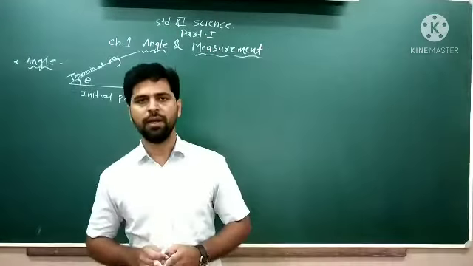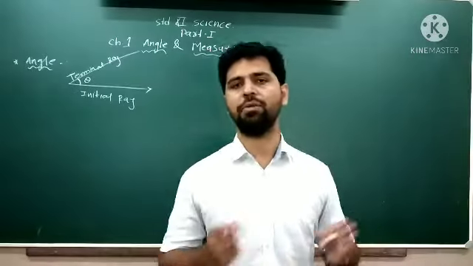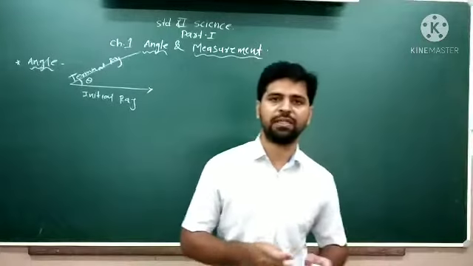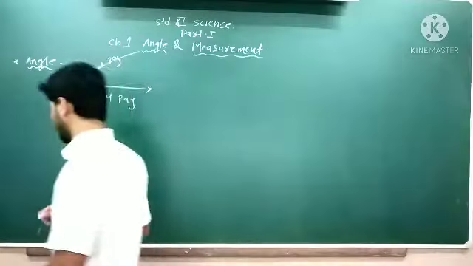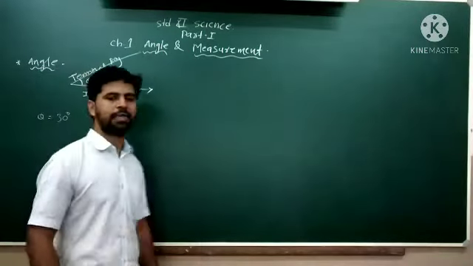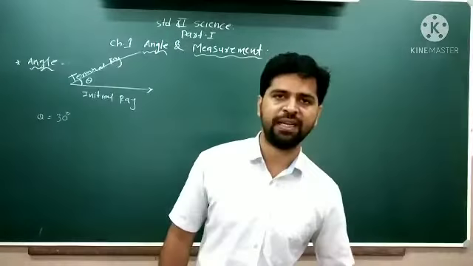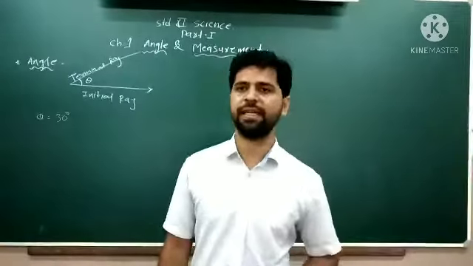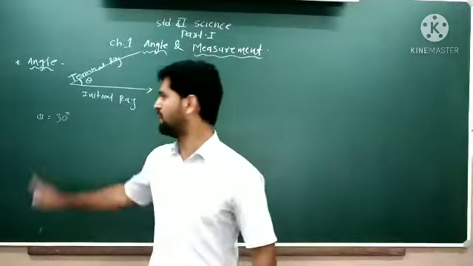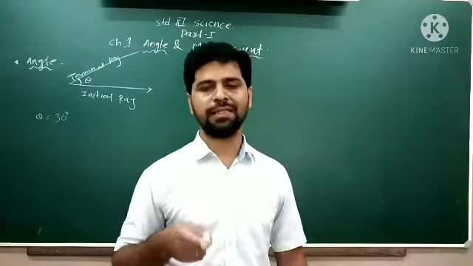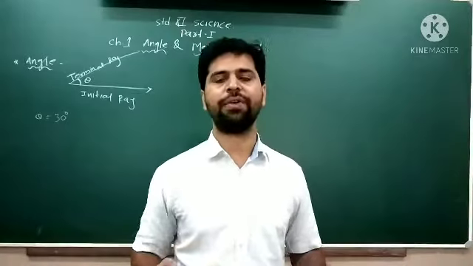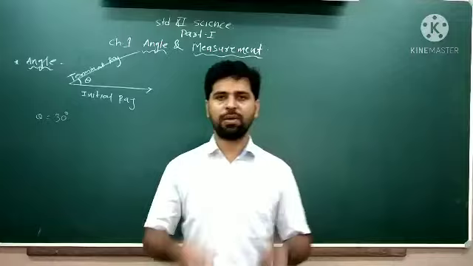Now the definition of angle we have seen, and how that angle forms, that also we have seen. Now angle has a different version, right? Suppose you have any angle, 30 degree. Now my question is, is it the only way to represent any angle? Like 30, when you write this, that power 0 is the sign of degree. So can you write the angle in degrees only? Is there another way to write the angle? Yes, there is one more way to write the angle.